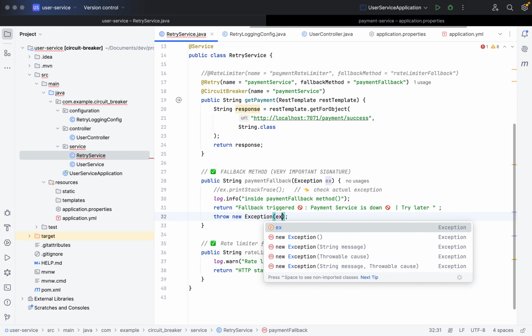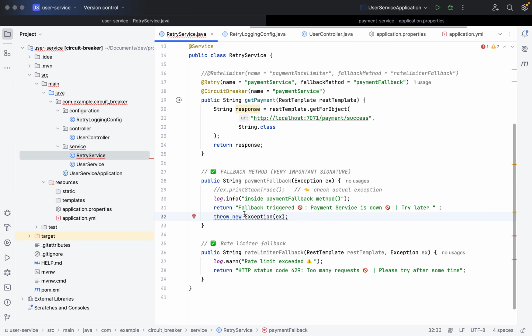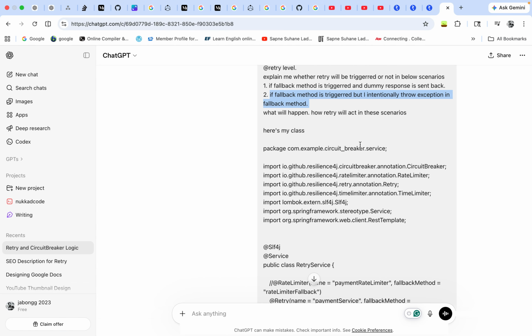Here is EX. Okay, so what would happen in this scenario? So you can see it is expecting to throw the exception also. Unreachable, just need to comment out. So what would happen in this scenario also if a fallback is failing? So we covered the normal scenario, then the abnormal scenario. So now let's see what happens. Okay, what are the different scenarios?